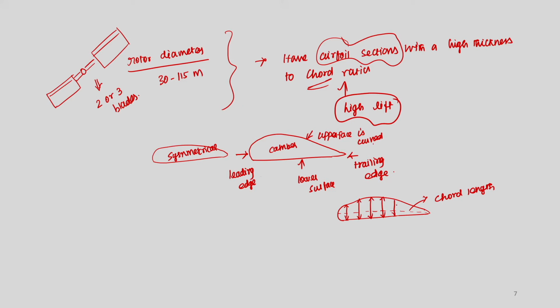So, these are all called thickness at a particular point or particular length from the leading edge. If you connect the midpoints of all these thicknesses and draw a line, that line is called the camber line, right. The distance between the camber line and the chord is called camber,